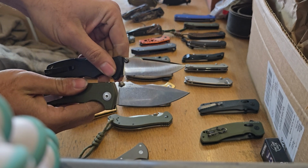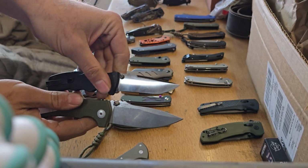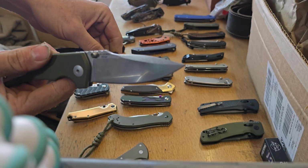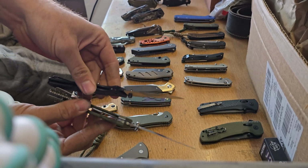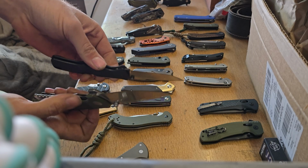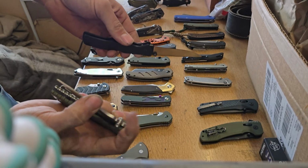Pretty much about the same blade length. You know, I ground this one down, so it might have lost a little bit of length, but pretty much the same blade length. Way better steel on this. Way better. You know, the G10's twice as thick, plus it has a liner on the one side. So, you know,